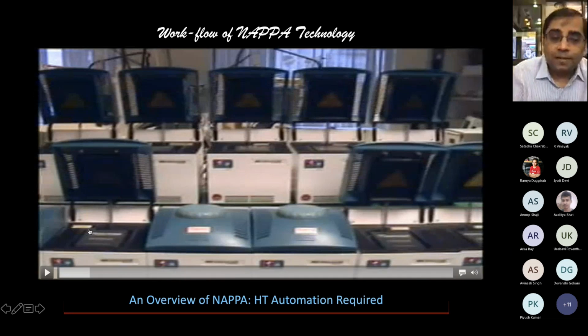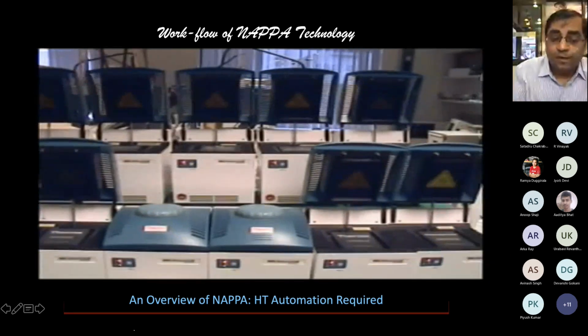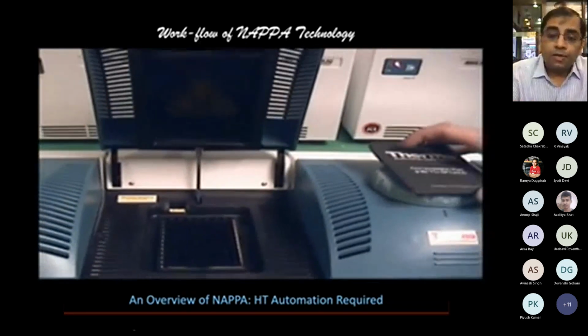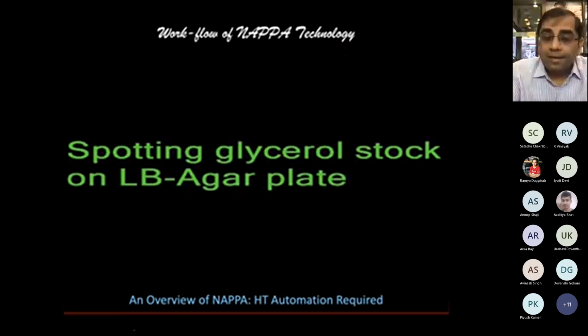Every reaction is happening here in a 96 well plate format. So you can take 96 clones and amplify those with the PCR, and you can do maybe at least 1100 or 1200, 12 plates simultaneously, in these many instruments which are available, right? So once you have done the cloning and you have the clones which contain the GST tag or MIC tag or flag tag, any of your interest,